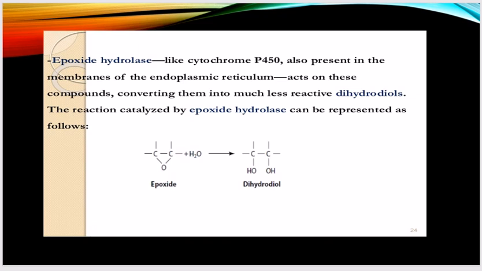So the function of xenobiotic metabolism is that it converts the more toxic substances to less toxic or non-toxic substances by different processes. These are the phase 1 reactions and the phase 2 reactions. Phase 1 reactions involve hydroxylation in the presence of cytochrome P450, and phase 2 reactions are the conjugation reactions, and the conjugating agents are glucuronic acid, sulfate, cysteine, and acetic acid.